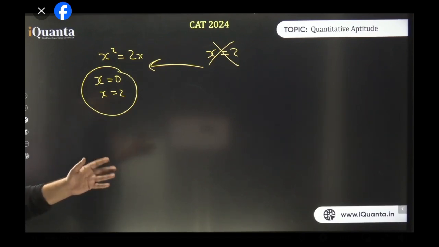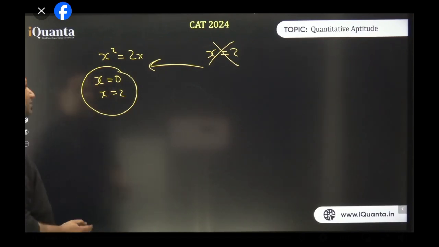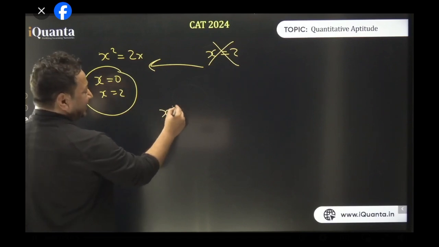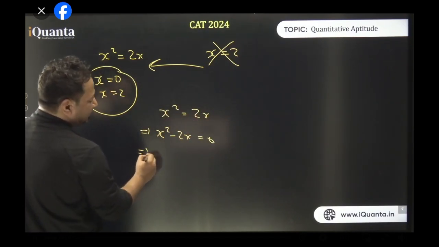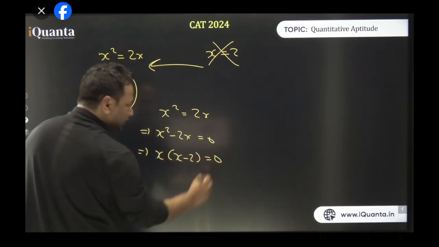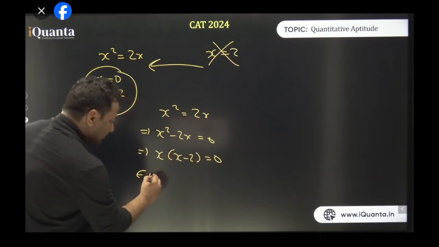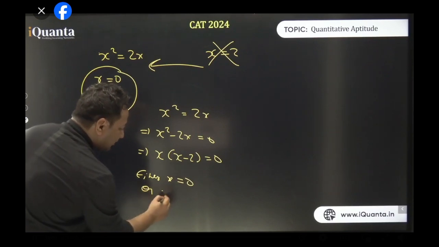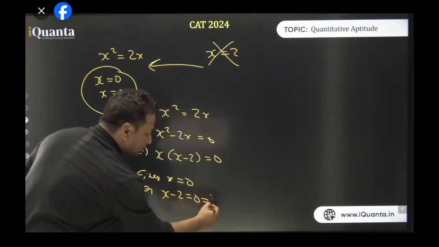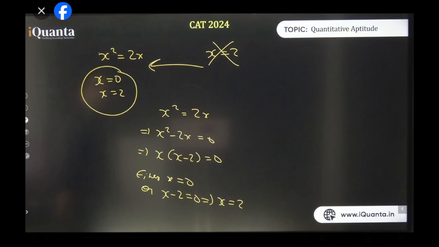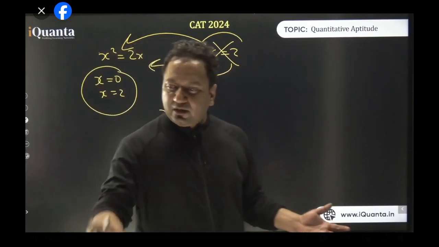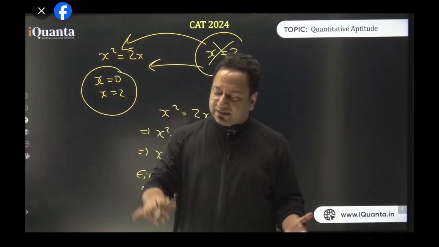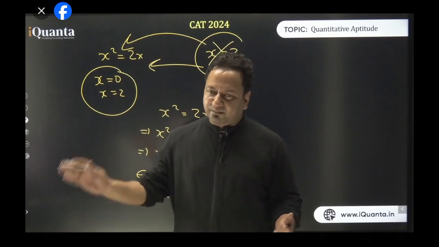इतना सिंपल तो है भाई. यार मैं फिर से बता देता हूँ एक बार ठीक है. x square is 2x. Bringing it here, x square minus 2x equal to 0. Taking x common, I will get x into x minus 2 is equal to 0. अब ठीक है. So either x is 0 or x minus 2 is 0, which means x equal to 2. Now it makes sense. So if x square is 2x, then x can be 0 as well as 2. But if I write x equal to 2, then this will not be true because one more value will come. All I'm saying is that you cannot multiply both sides by a variable.